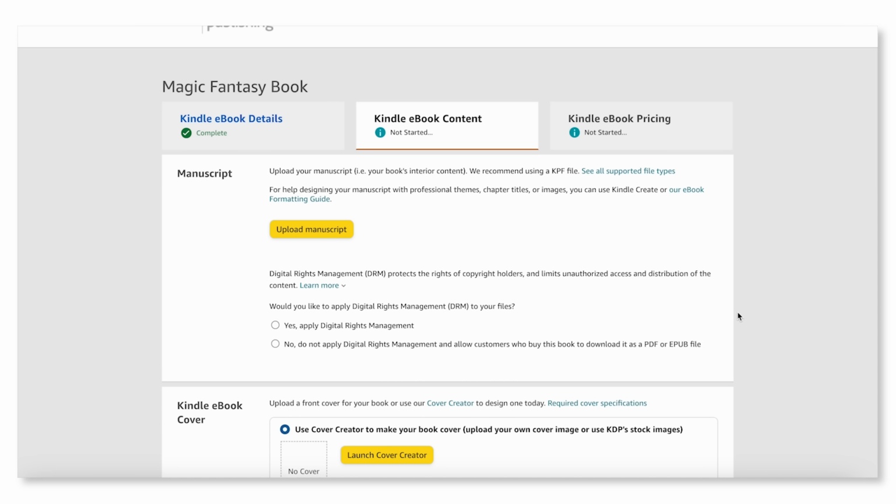Under the manuscript section, you select yes or no for digital rights management. If you're unsure as to what that is and need a bit more information, hover over the blue text here and an Amazon description will appear. Our general recommendation on DRM is that you select yes, especially with some of Amazon's newer changes to their DRM